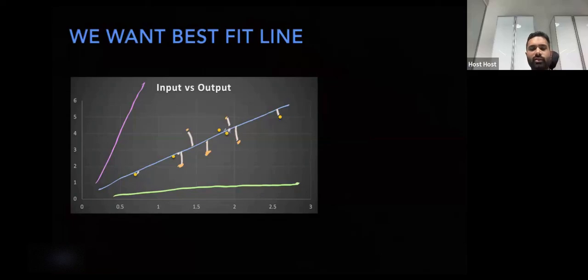So let's try to mathematically quantify these arguments. We will end this video here, and in the next video we will mathematically formulate the notion of a loss function, and we will see how we can solve the